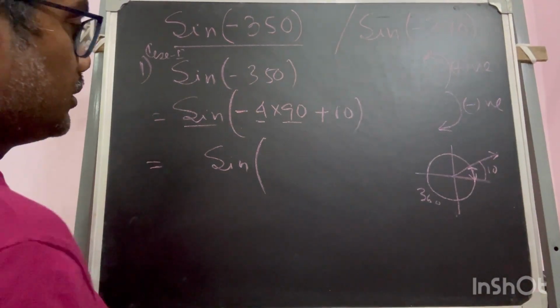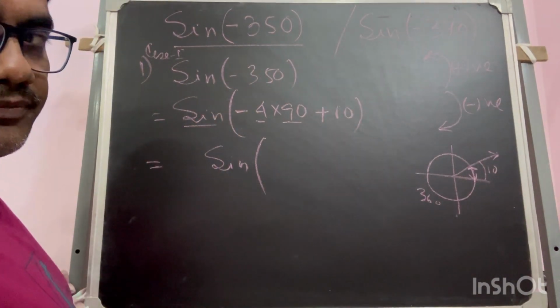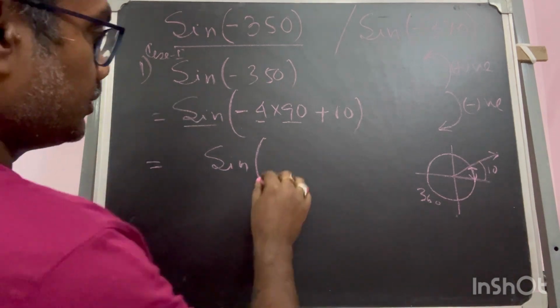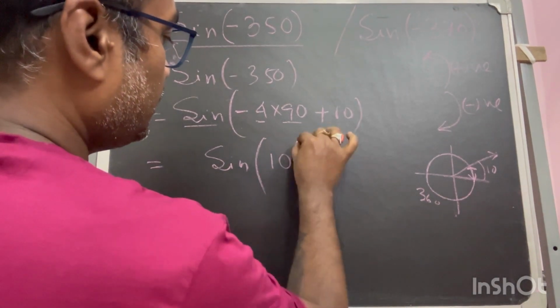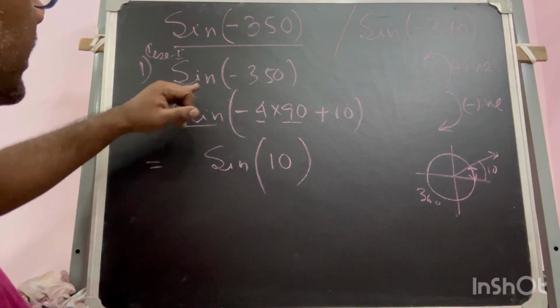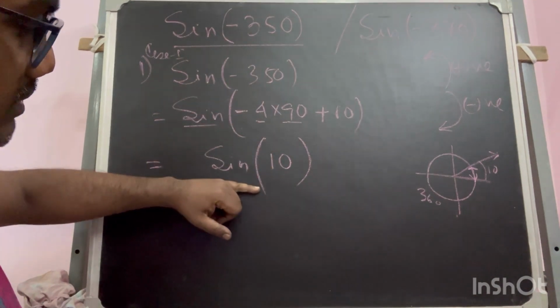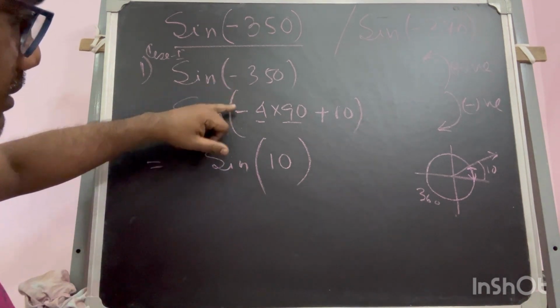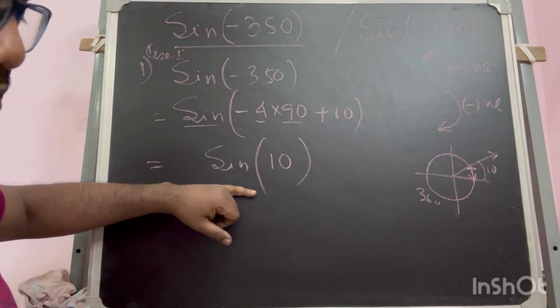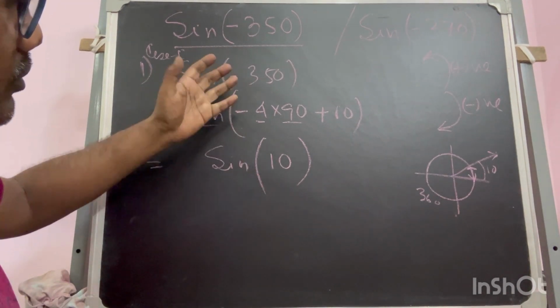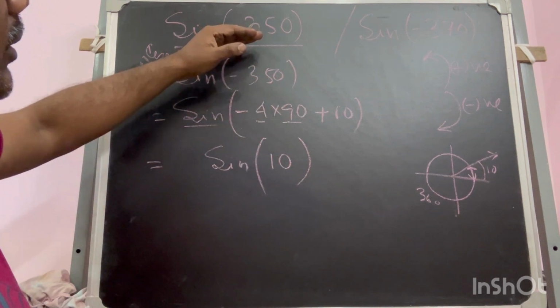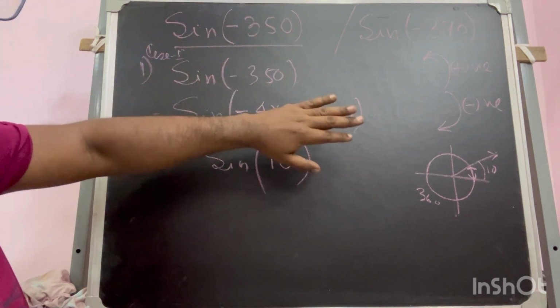First coordinate. First coordinate sign is what? Positive. So ultimately it will turn into this. So sine of minus 350, the earlier result also plus sine theta. This case also it is sine plus sine theta. So any way you do, whether you will use sine of minus theta is equal to minus sine theta, or